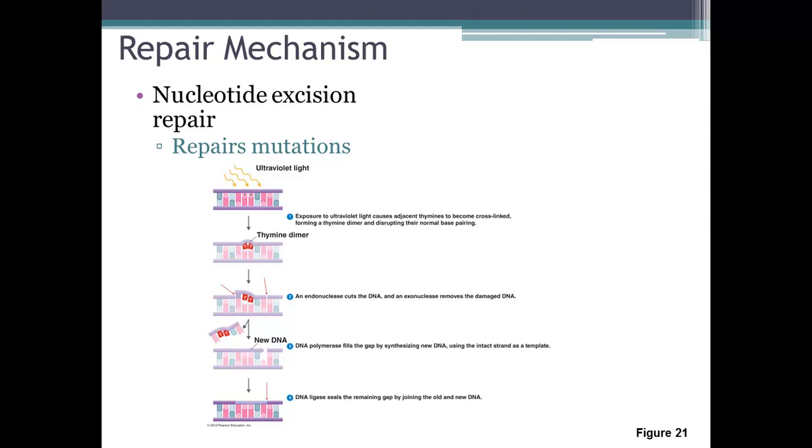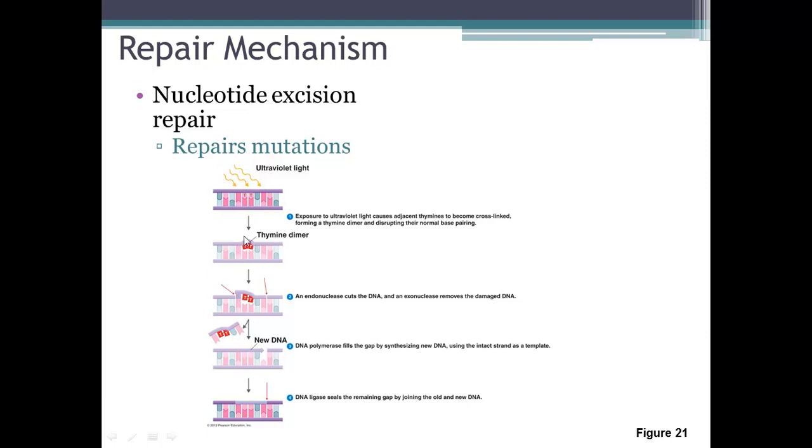Bacteria have enzymes to fix the damage created by UV light. So they have what we call nucleotide excision repair, which allows them to repair mutations if we do not expose them for the proper amount of time to UV light. Okay? So if we take a look here, we'll see that this bacterial DNA has been exposed to UV light,